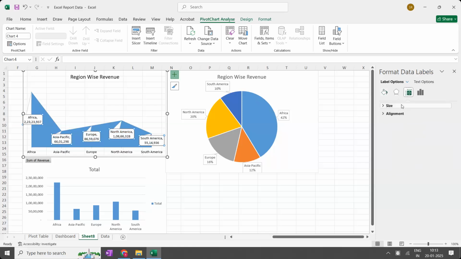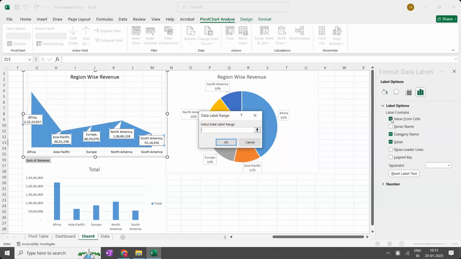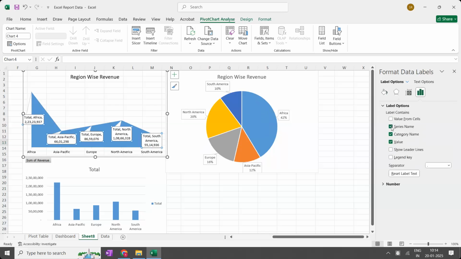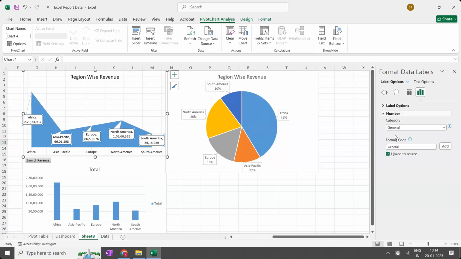And here I'm going to give the alignment. And here I'm going to give this one: Show data labels. What are the values from the cell? From the cell means you are going to select the cells, and from those cells it is going to give the values. And you can add the series names. Series names means the x-axis values will also be added here. But I don't want that. Only the category name is sufficient along with their values. And for the values and headers, the numbers that are there,